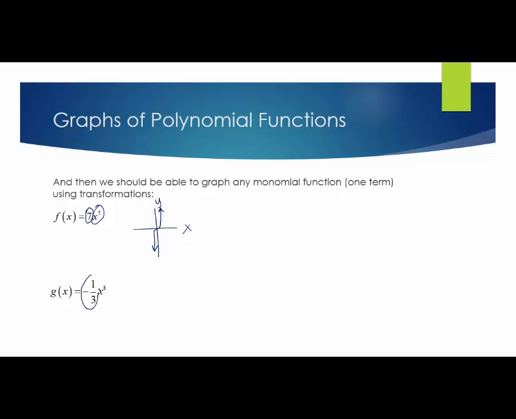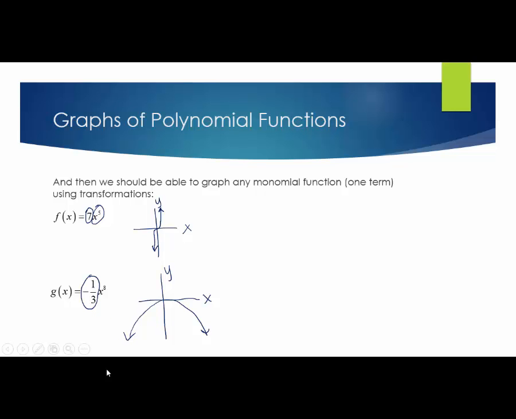And here I've got both shrinking vertically, so it'll be squattier and wider, and also a vertical reflection. So if we compare it to x to the 8th, that was this guy. Well, it's going to be going upside down, and it's going to be wider this time. All right, so again, I'm not putting a scale in here. We can plot some points to get more exact, but just to give you that idea of how we can